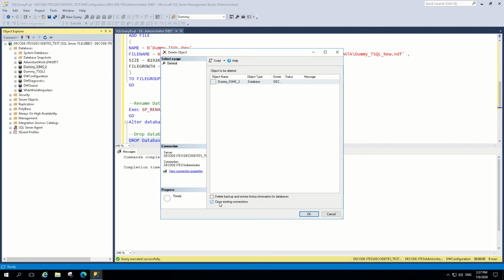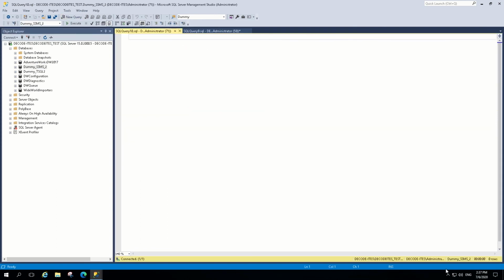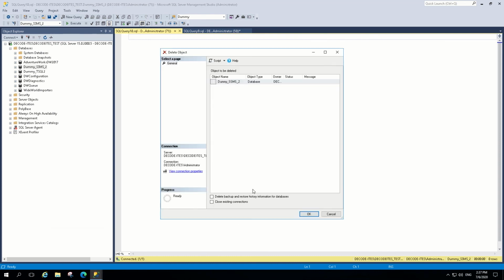Let's see how it works. I will uncheck this option and create one connection over the dummy_SSMS_2 database. So now we have an active session over this database and we have not checked the close existing connections option. We will click OK to delete the database.